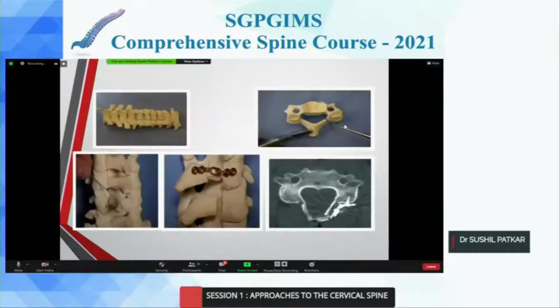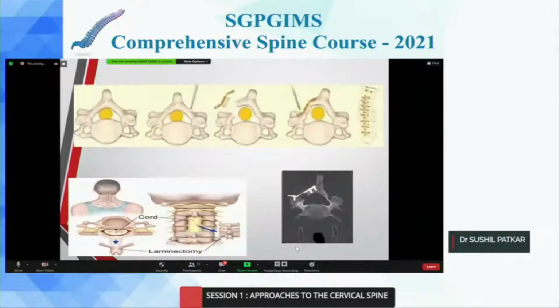The technique was simple, that is dividing the lamina on one side, making a gutter on the other side, and then tilting the spinous process to the opposite side and maybe fixing with a plate or sutures and expanding the spinal cord. This worked because of one very important thing, that as the OPLL grew, the cord was pushed backwards and the tether of the cord, that is the denticulate ligaments, had already stretched. And therefore, when you expanded the spinal canal,